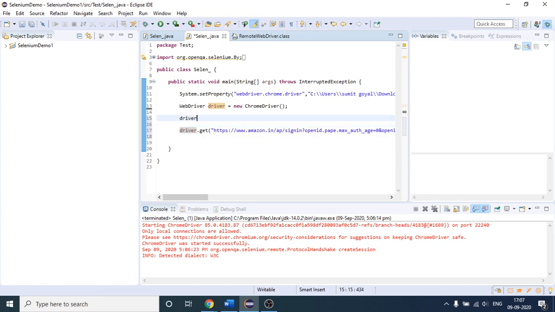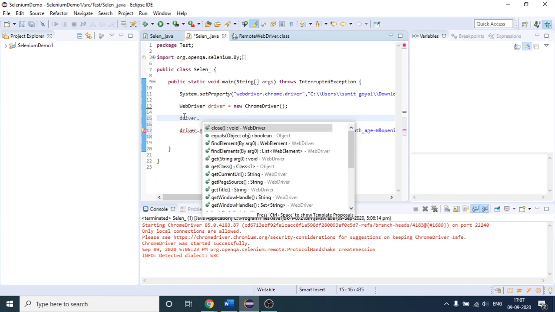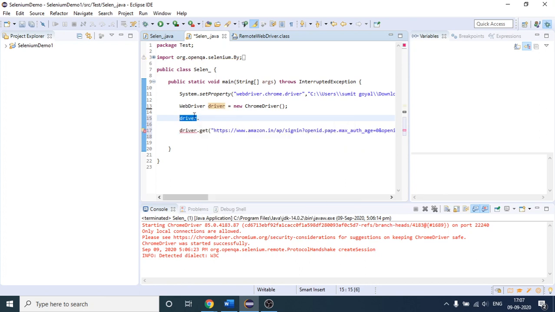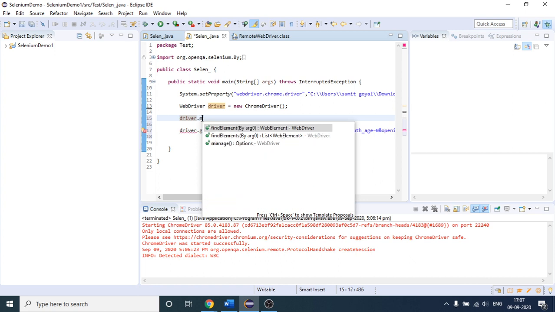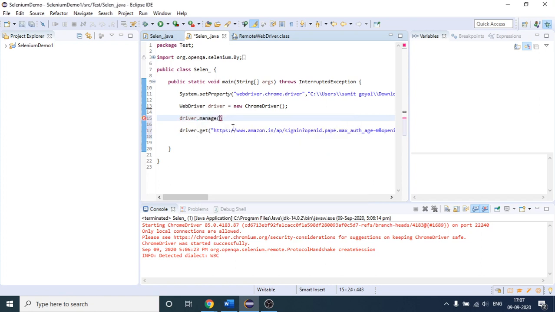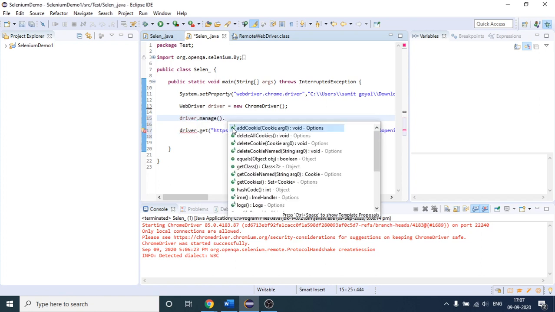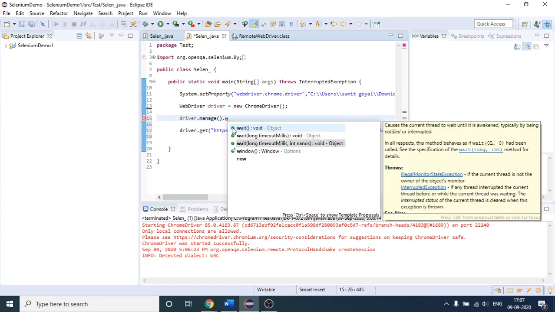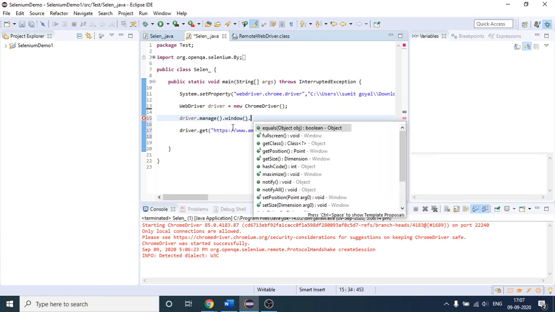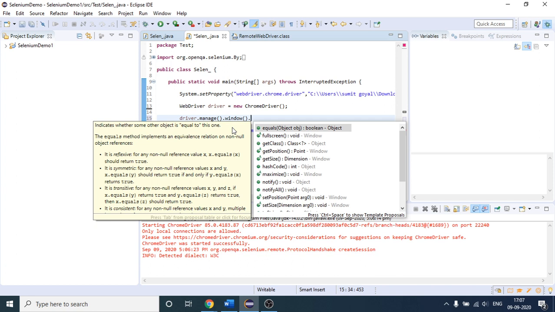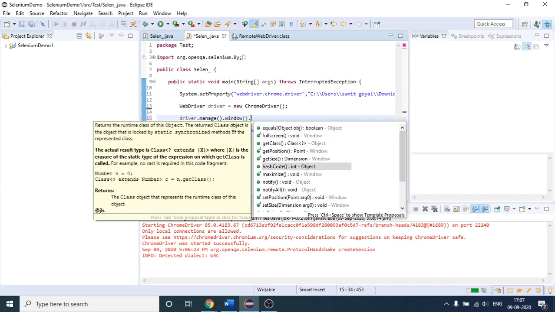If I write driver dot, this is our object, and in this driver object there are so many methods present. One of them is manage. Manage is a method, and if I put dot again, then inside the manage method there is one more method which is window. If I put dot again, then inside this method there is one more method which is maximize.